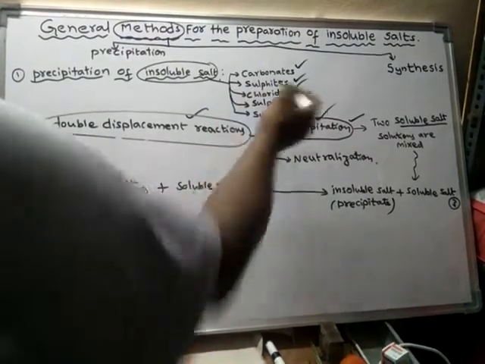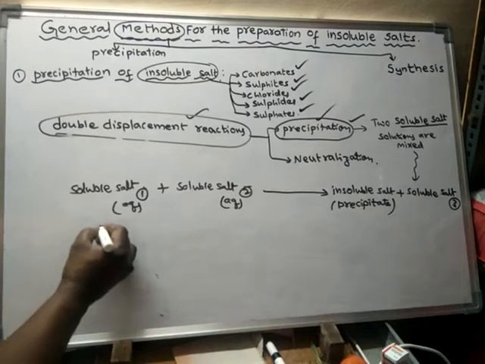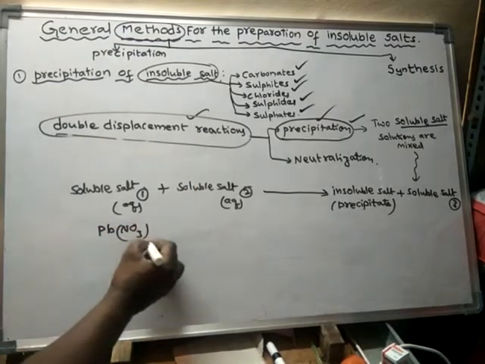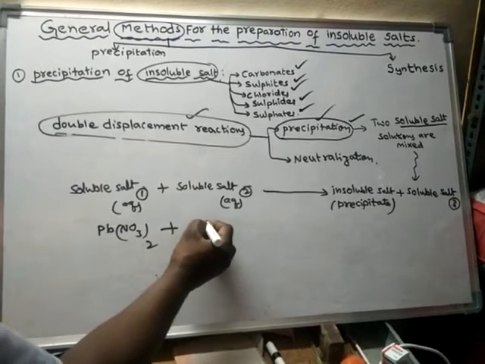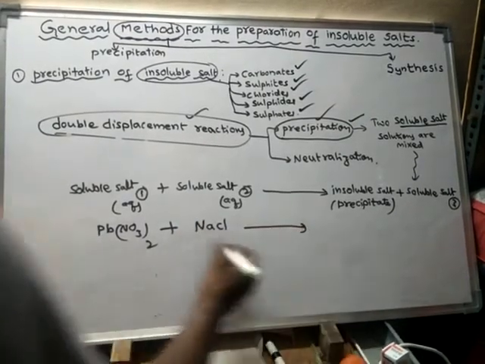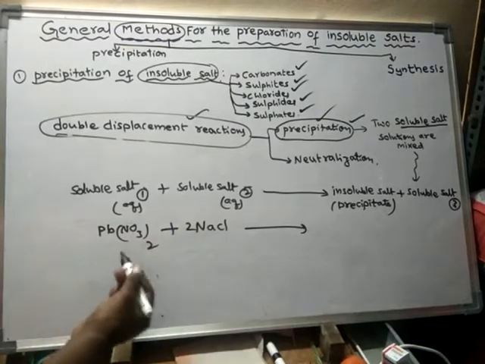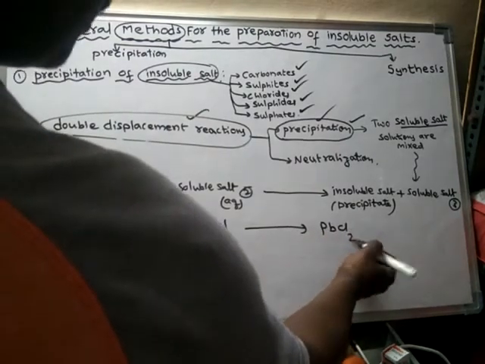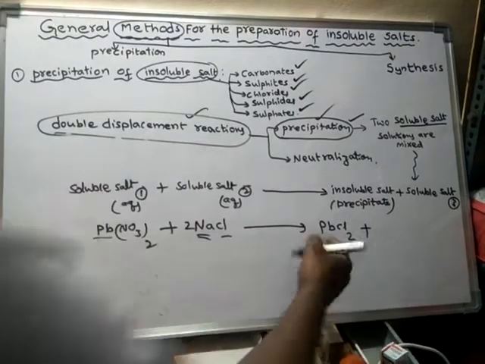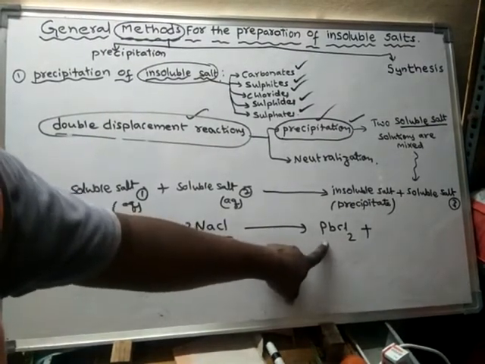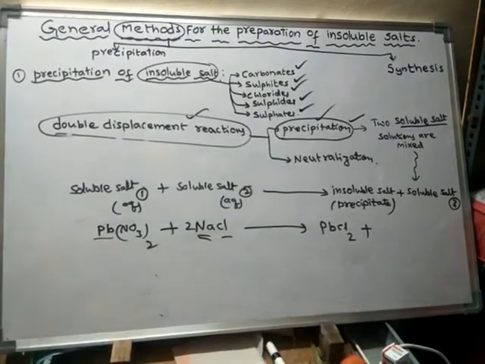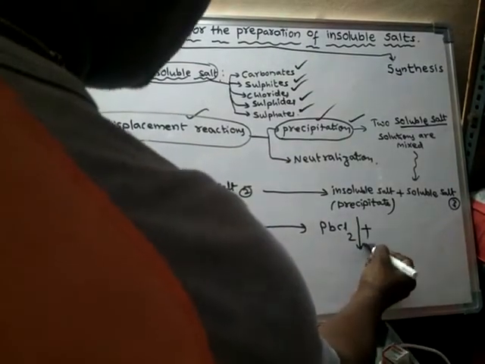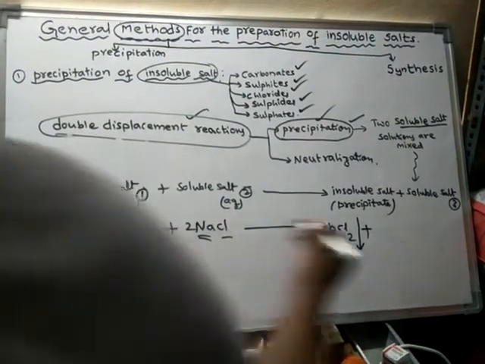Okay, so if you take examples for chloride salts, take lead nitrate, which is also soluble. Lead nitrate, when it is made to react with sodium chloride, what happens? Here exchange of ions takes place. Lead will take chlorine and sodium will take nitrate. So lead chloride forms. Lead chloride is insoluble. Remember that lead chloride is insoluble under normal conditions, but it is soluble in hot water. So under normal conditions it is insoluble, hence it forms a precipitate. And what is left over? NaNO3 is formed, an aqueous solution. So it is a soluble salt.